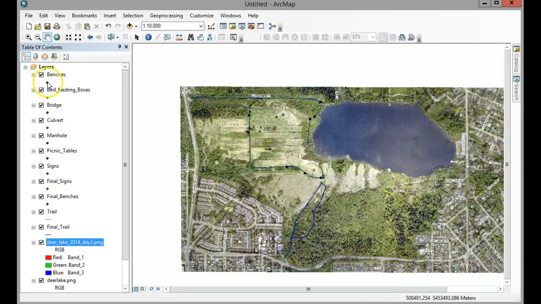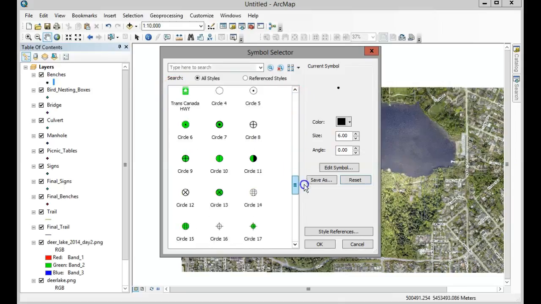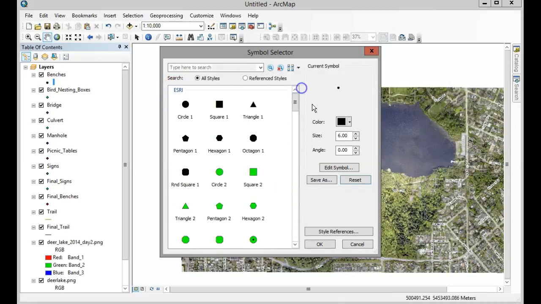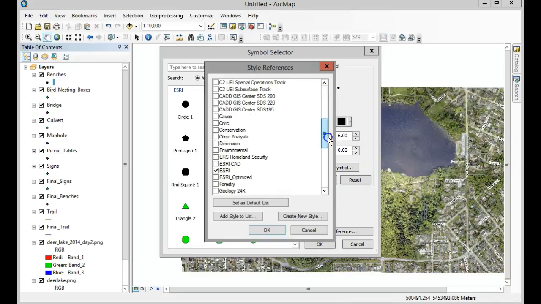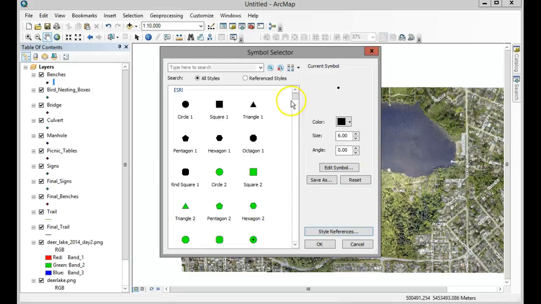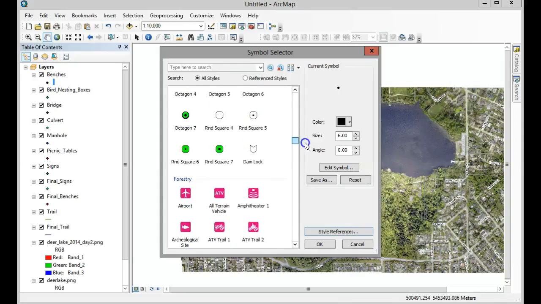But what I wanted to point out is that here are the default symbology options. Other options are that you can go under style preferences, and there are other sets of symbology that you could add to help choose more effective ways to map your attributes. Incidentally, the forest tree one is a really nice collection, so I'm going to add that one. And then when you scroll down, you can see all these, I like to think of them as,